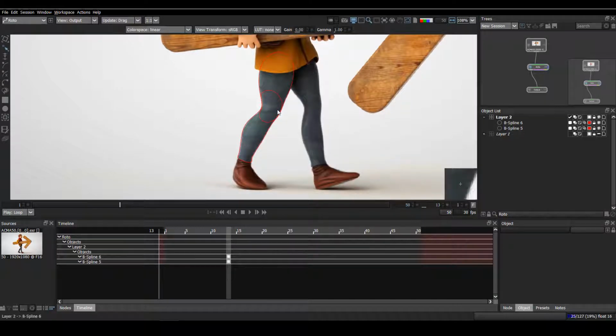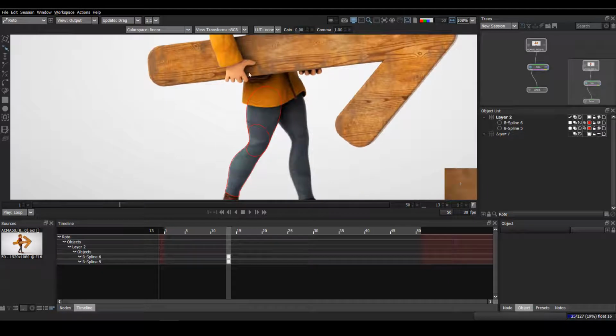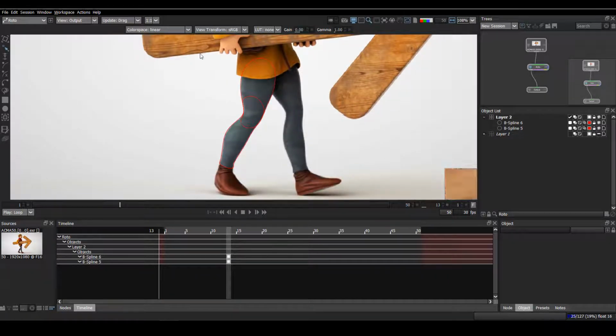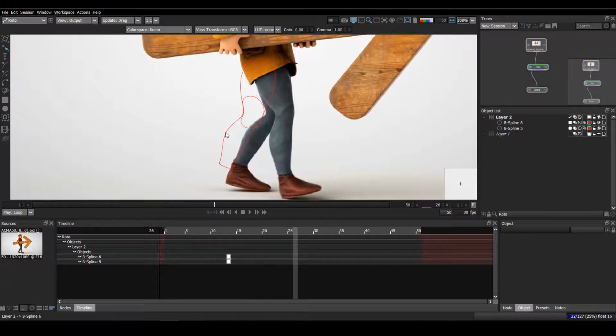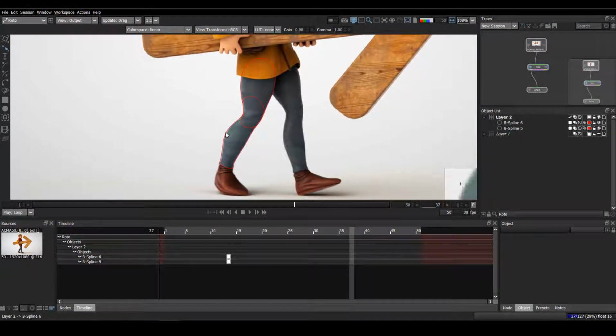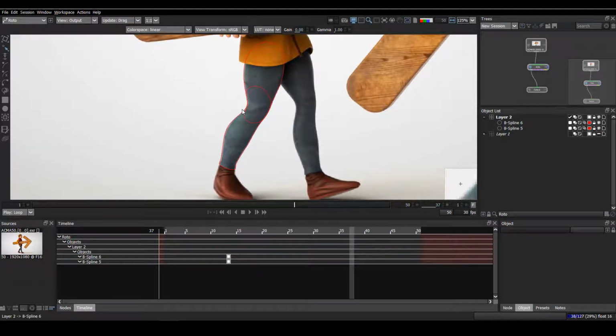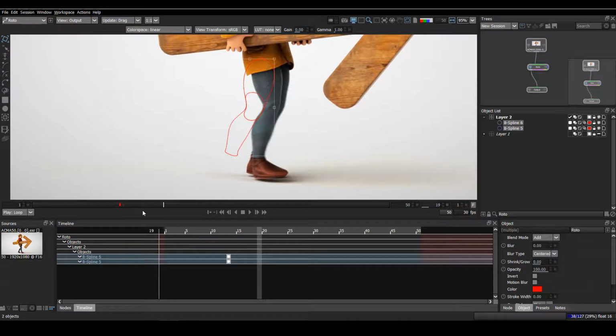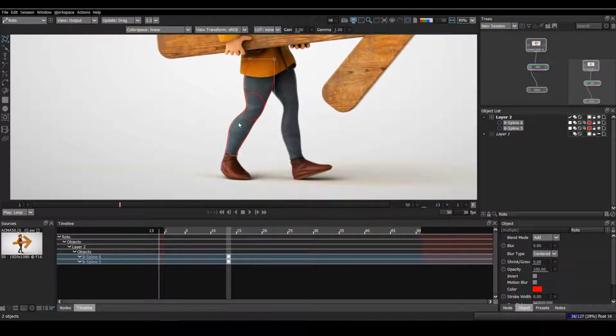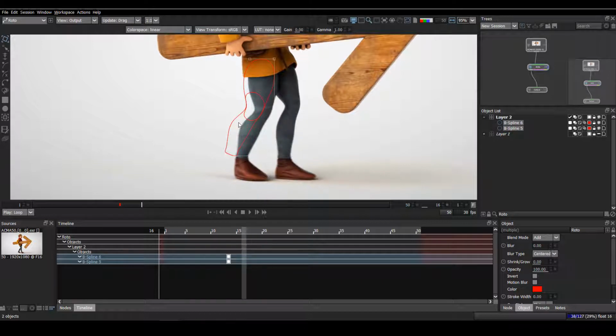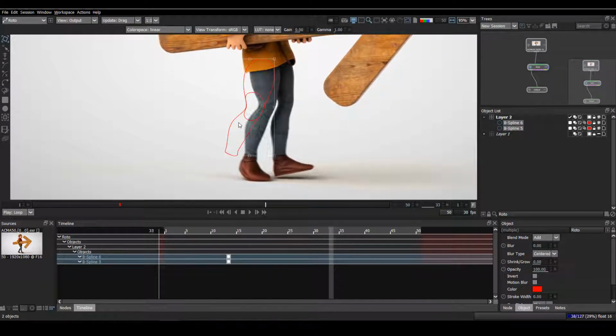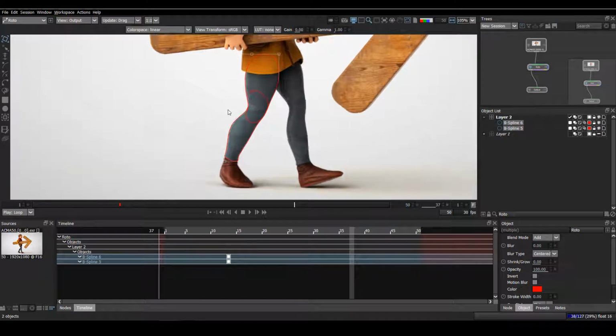First, you see in this shot, the leg, or everything on this character, is repeating. This leg is here on frame 13, but if I go forward and forward and forward, it returns on frame 37. Just see this. So in frame 13 the shape is here, so find out on which frame the shape is at the same place. On 37 the shape is in the same place, so I'll go to frame 37.